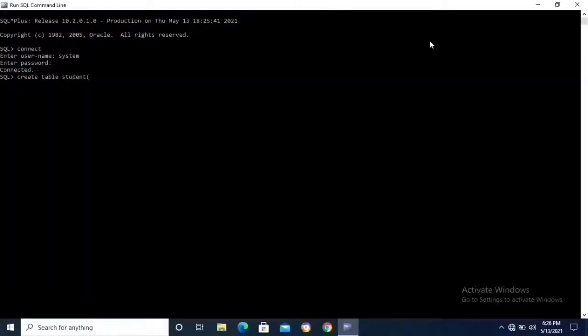Fields are student number, name and so on. Student number, which data type? Number. So the data type is declared as number. Comma. Student name. Student name is character, so data type is varchar. Size is 20. Okay. Next, comma.